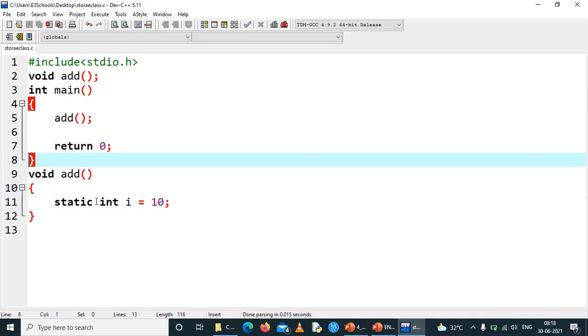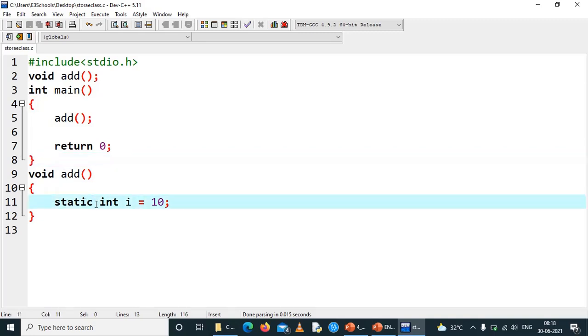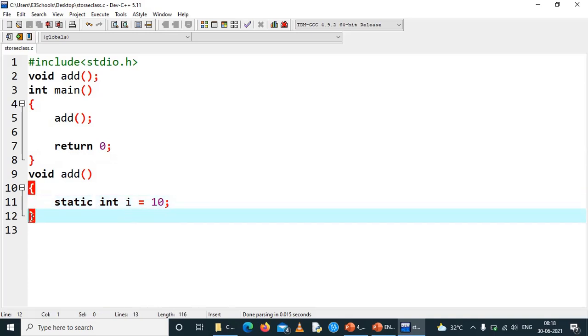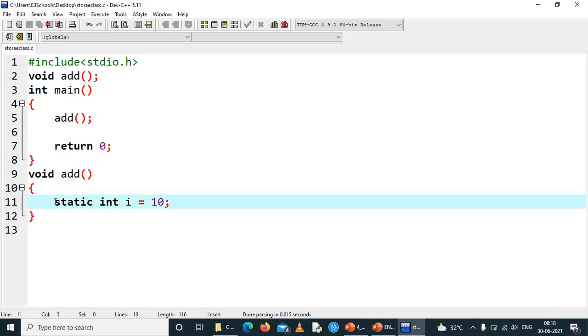But for a normal variable, it will be deleted immediately after that block closes. But for a static variable, once it is created, it will not be deleted until the entire program completes its execution. Now we will go back to the definition, and again we will come back here for running this output.